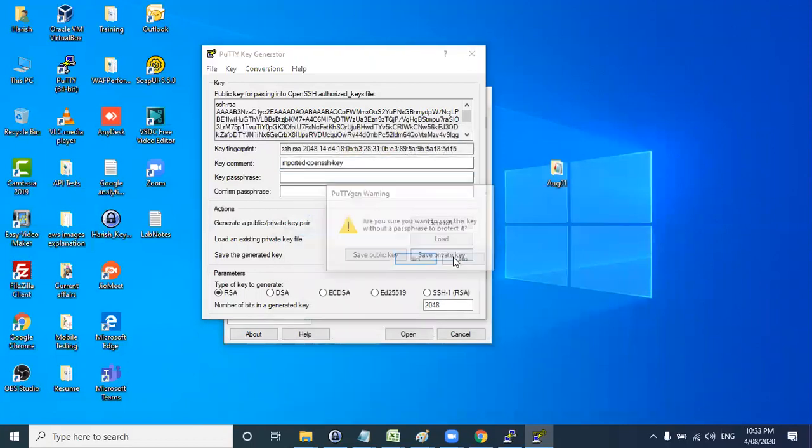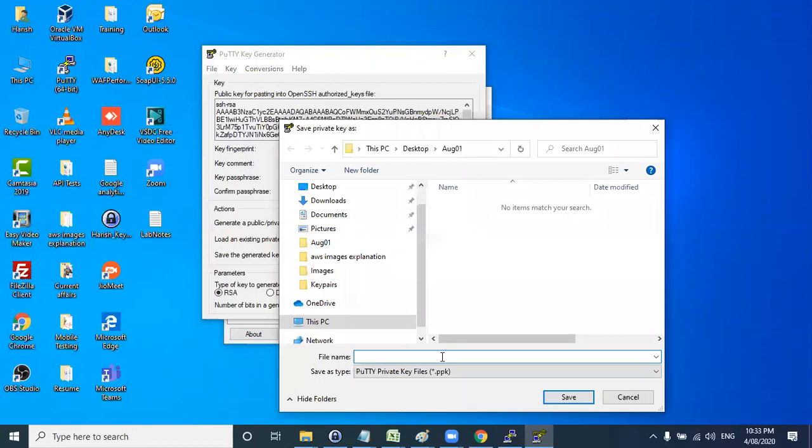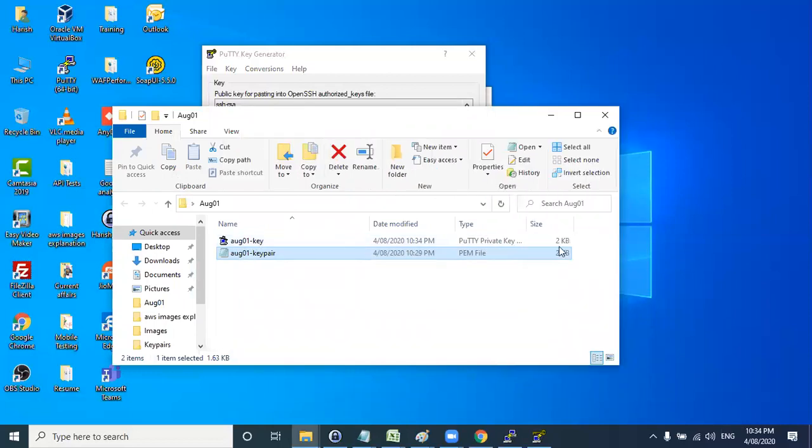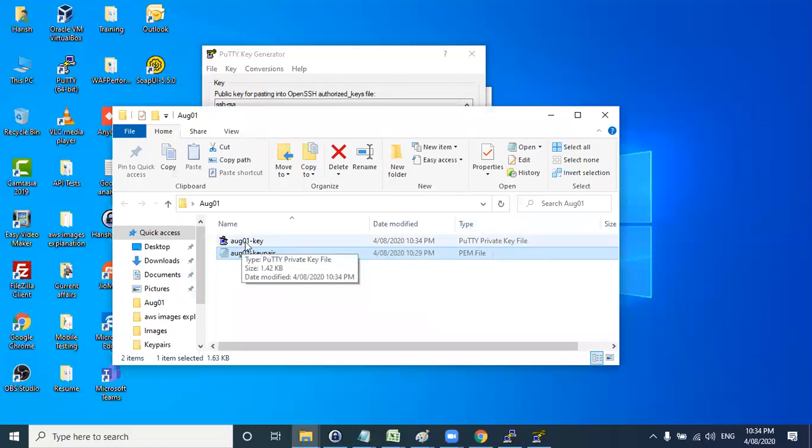I'm saving this with an empty password. Now I'll save this as August 1st key. If you go and see here, you got a PPK file, a putty private key file. This is the file extension, putty private key. Now the icon has also changed, because the putty tool is able to recognize this file format.